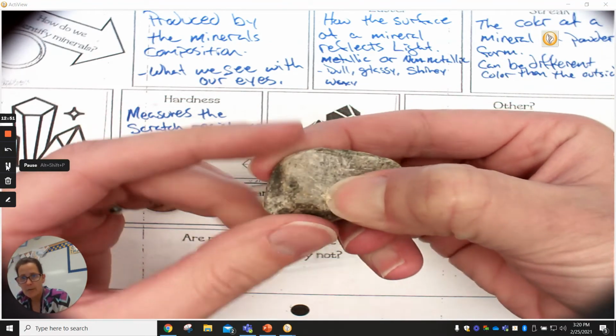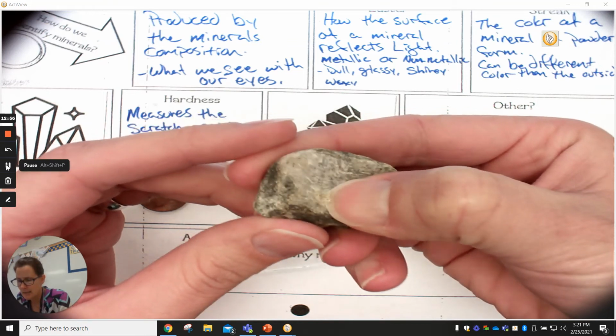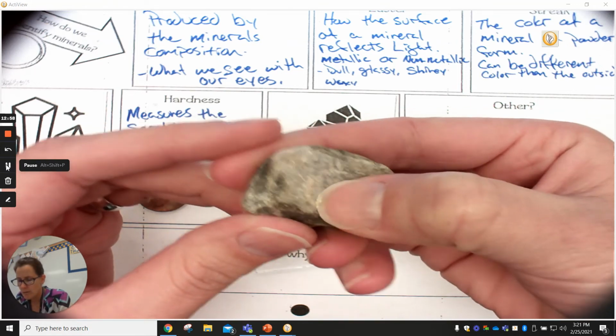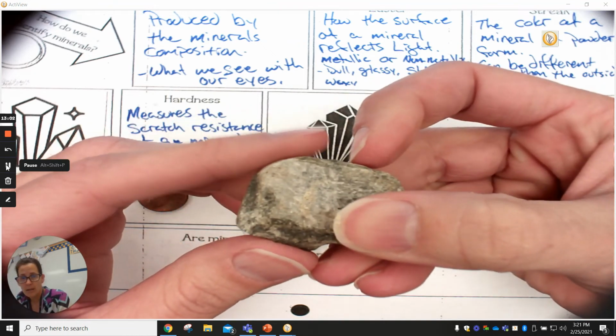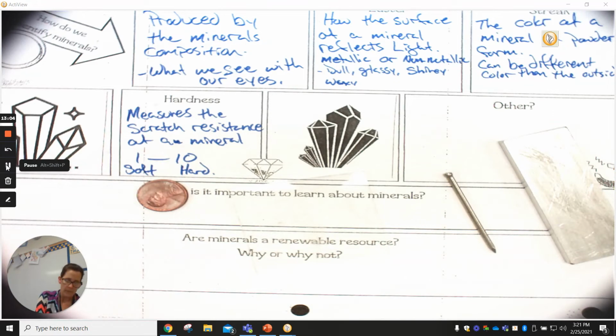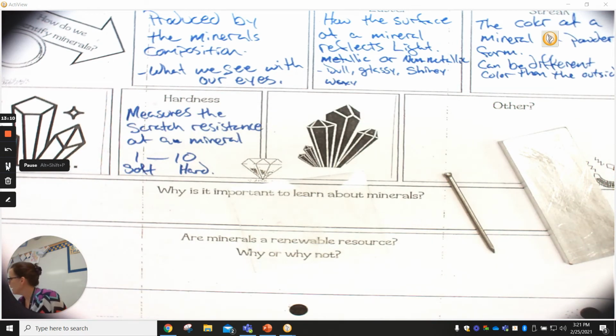Oh, you see how that powder's kind of forming right there? I'm pushing, that's not my fingernail busting up. That is this talc. So talc is the softest mineral, and it's so soft that we can scratch it with our fingernail. So there's that example. Okay. Next, we can try, let's see,